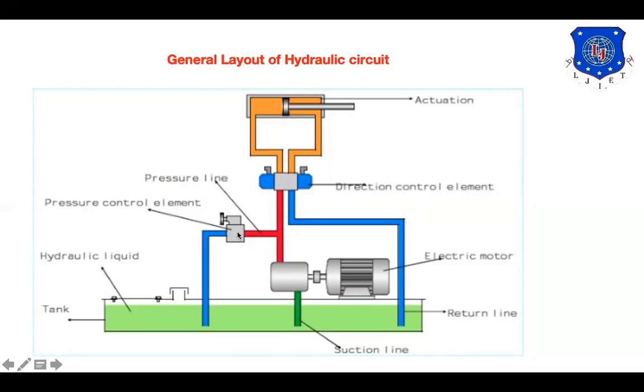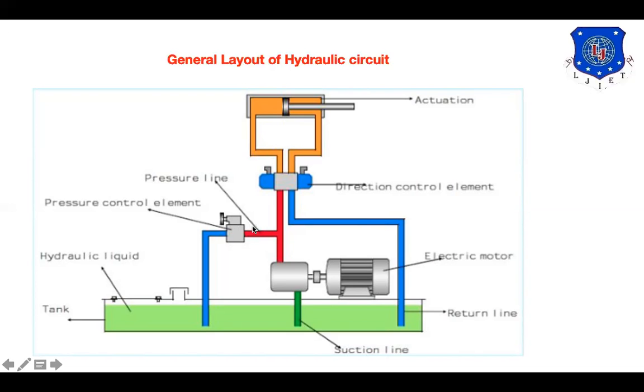In the bypass line, we have a pressure control element. We will understand the concept of that. First of all, by this red line, you can understand that this is a high pressurized zone. Now, through the direction control valve, as I told earlier, the fluid enters the cylinder region. At the same time, at the rod end of the cylinder, less pressurized fluid returns back to the reservoir. This is one cycle, right?